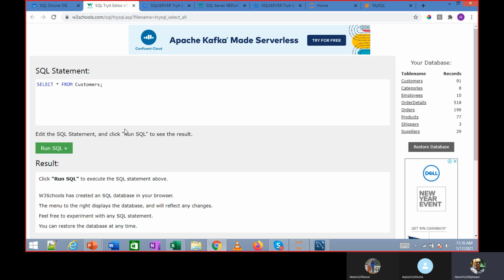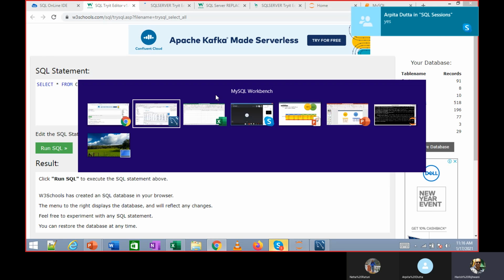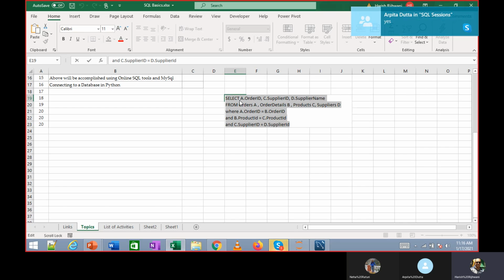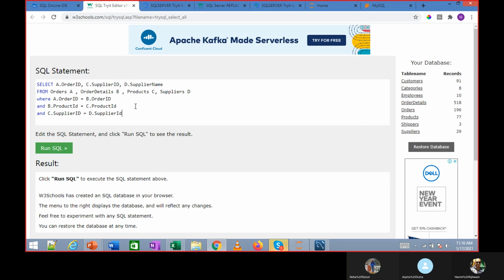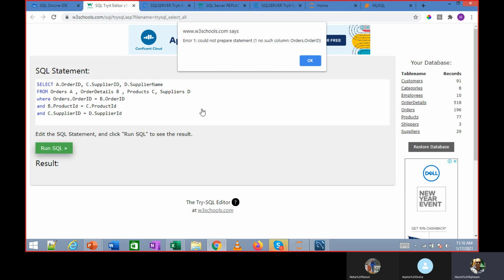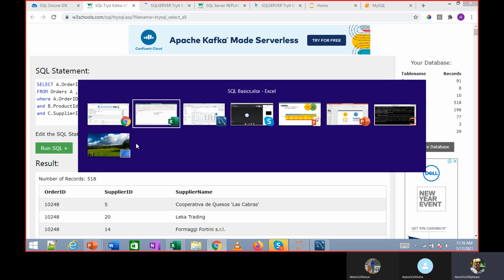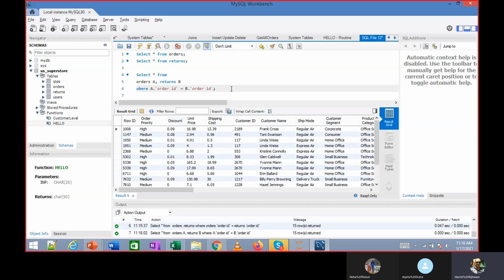Alright. So in the same way, what we are seeing over here, I have typed this A dot order ID. Ideally it should work this way. It's not taking it this way over here, but in a normal tool you can see I can type the table name itself and I get the output.